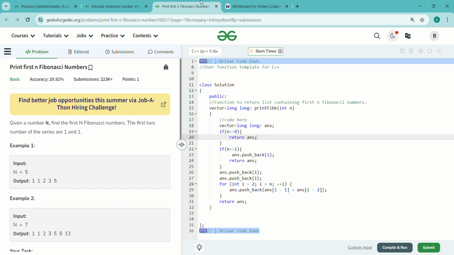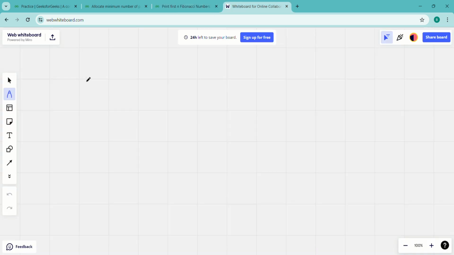Our next question is a very basic question. Print first N Fibonacci numbers. Somebody pronounces it as Fibonacci or Fibonacci. I'll use Fibonacci. Fibonacci series is a series where the Nth number, like for example, if you want to find